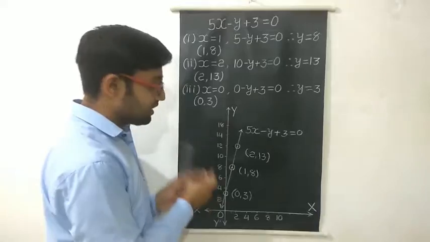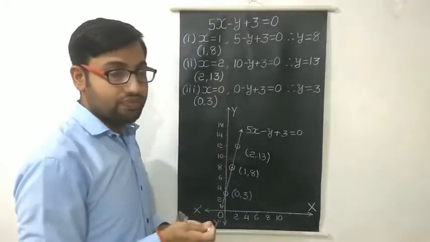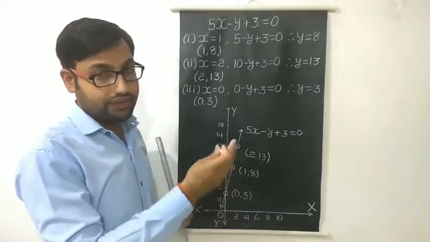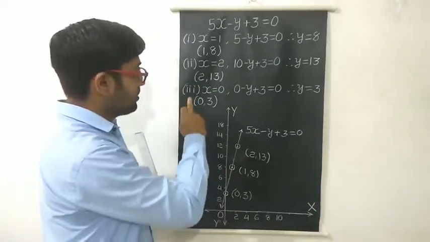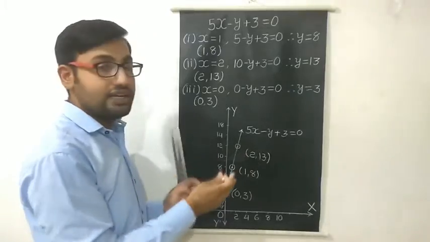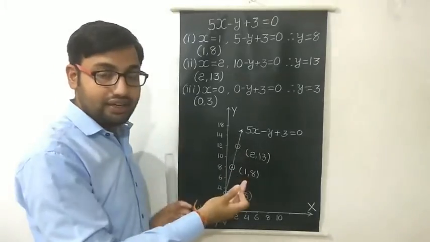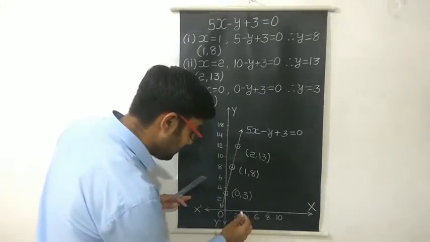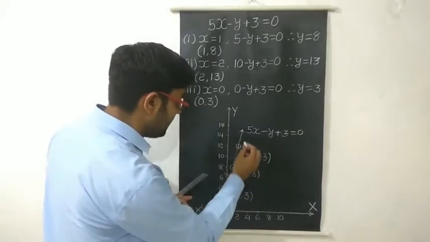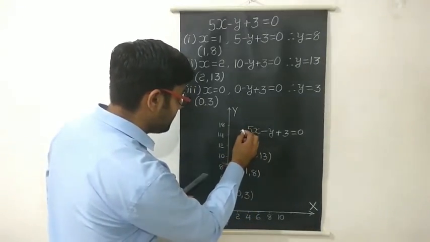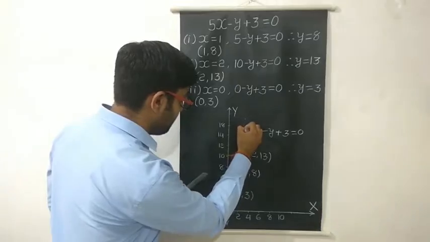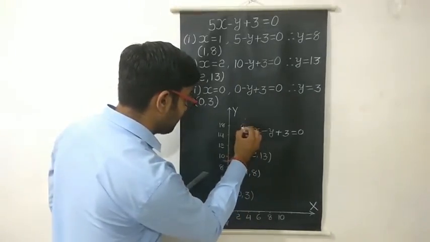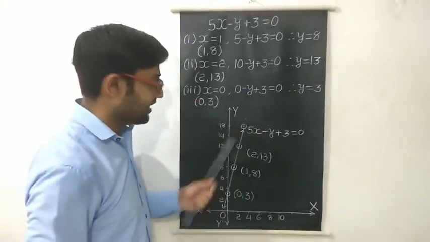Now every point on this line is also a solution of this linear equation. Now remember, third thing, if we travel 3 kilometers, what is the fare we have to pay? That is 18 rupees. So 3 and 18 will also be a solution of this linear equation. See, where is 3? In between 2 and 4. And where is 18? Here. So when we extend this line, we get 3 and 18 exactly here.